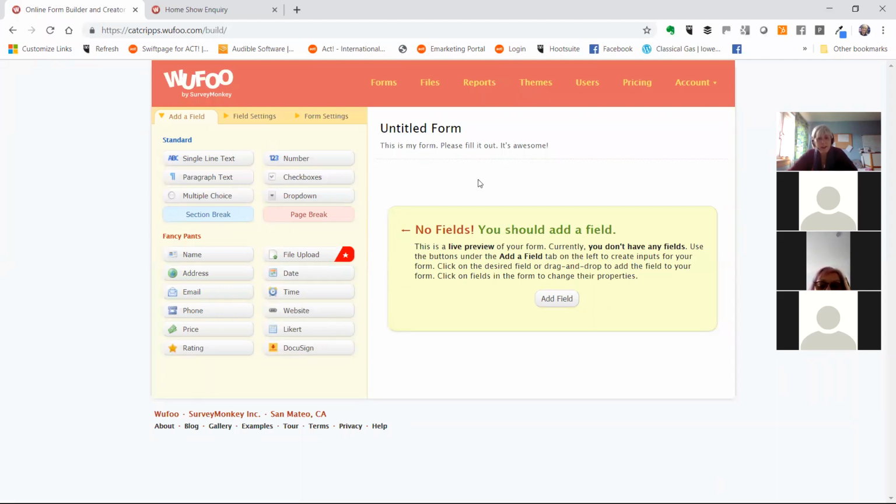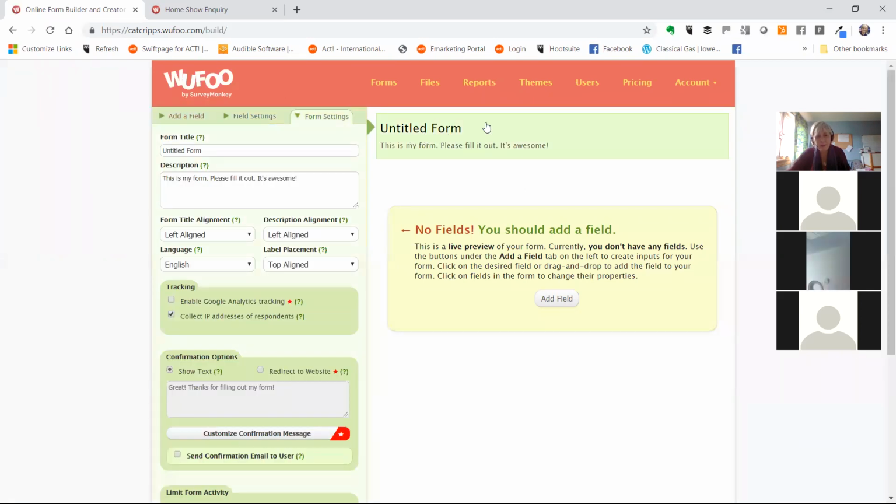Now, I don't think this is the prettiest thing I've ever seen, but it's perfectly functional. So it does exactly what it needs to do. So let's just have a look at all the bits and pieces here. Here is where we're actually building our form on the right hand side. So if I just want to give it a name, if I click on the